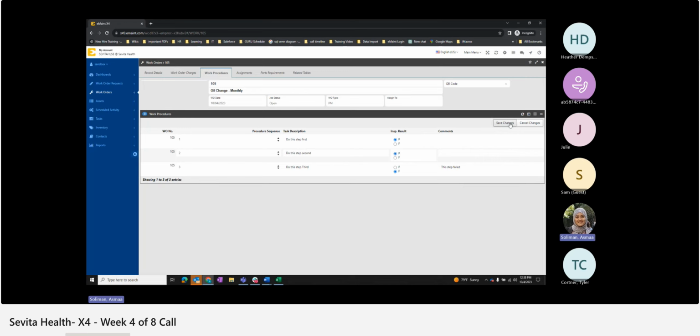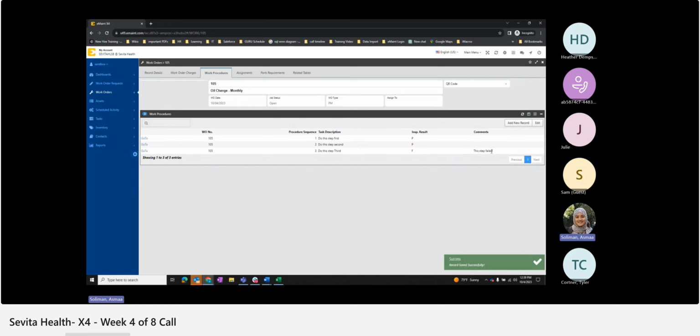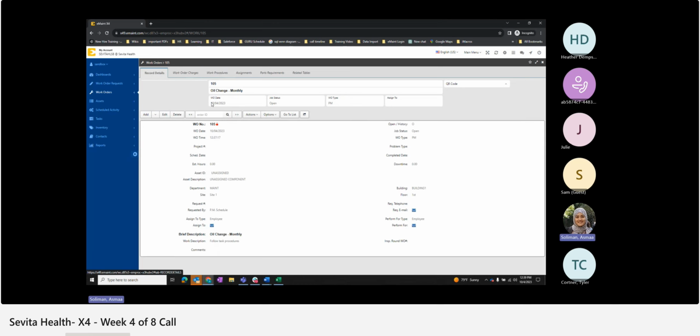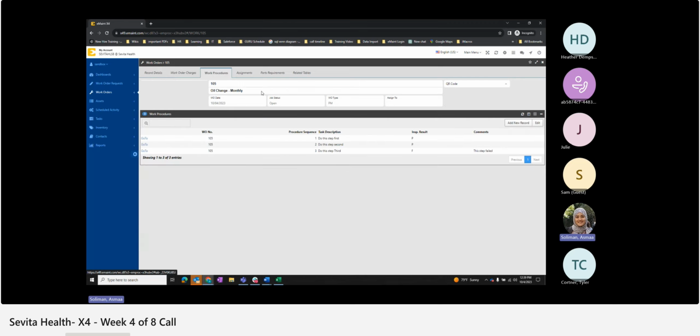Okay, and then you're gonna save that, and you can write into each one here comments for your technicians when they're working on this PM. They're gonna write their comments here of if it passed or if it failed. What issues did they find? Now, like I said, everything carried over here, and they're gonna work on their procedures, passing and failing each step, and